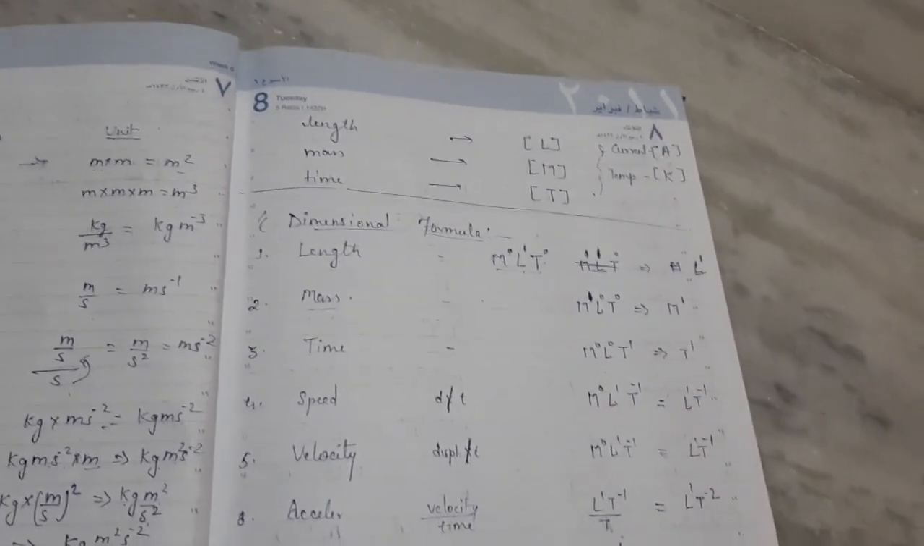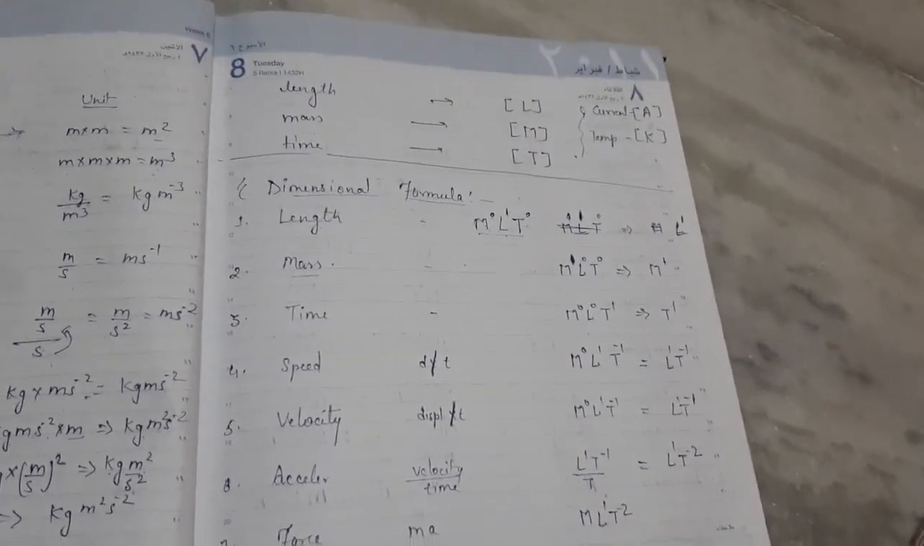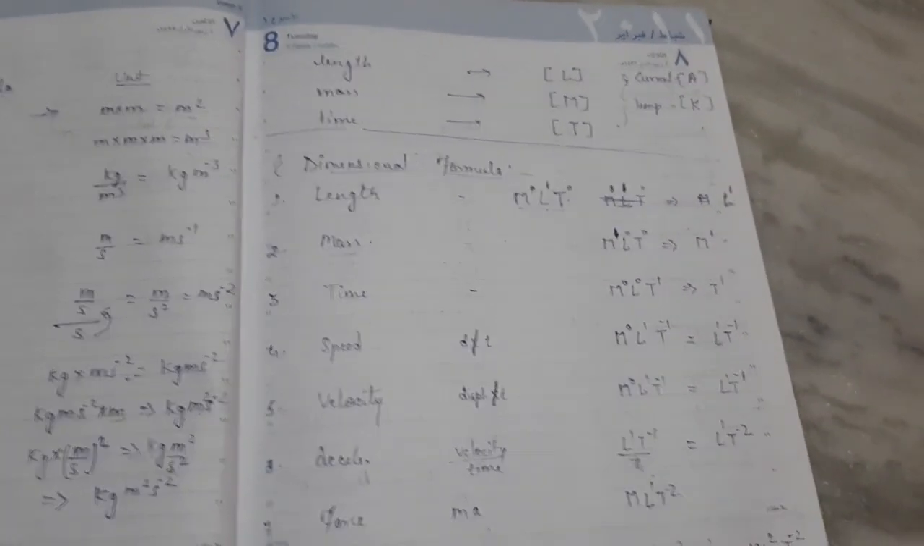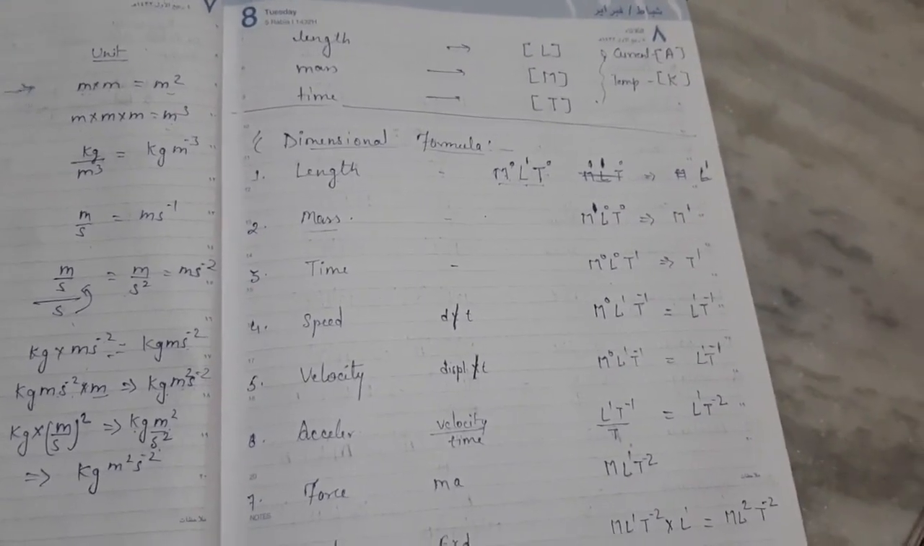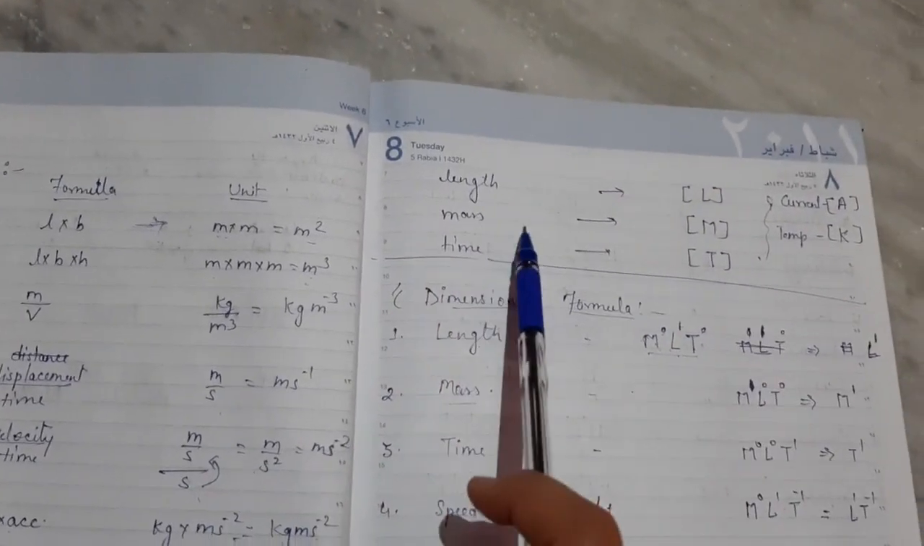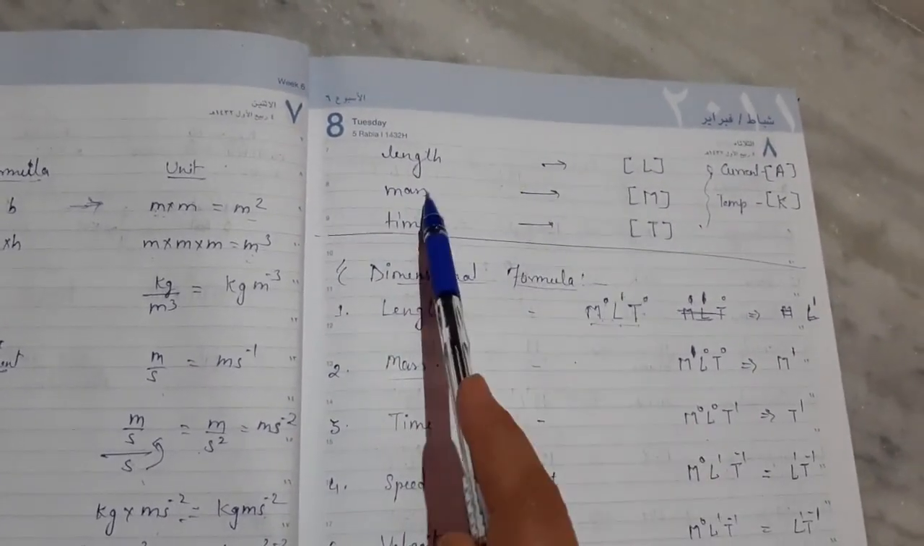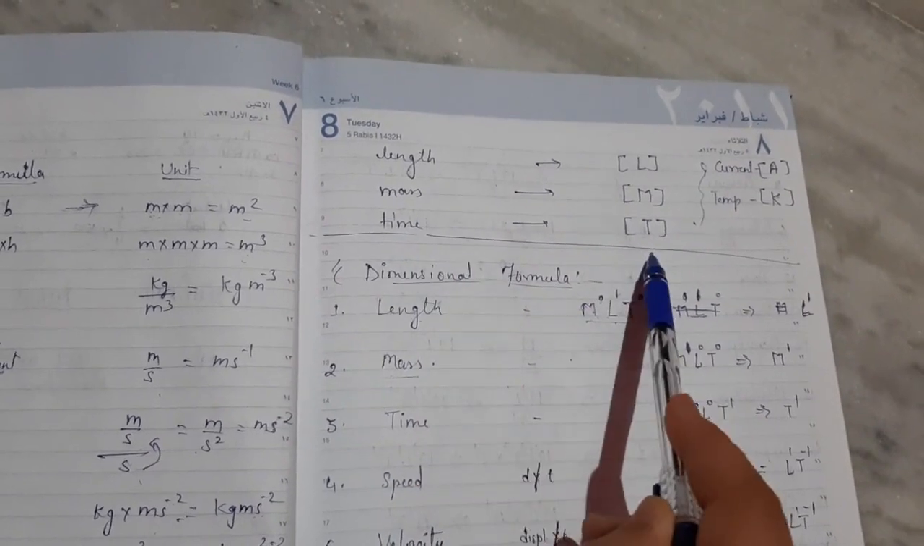In this lecture we will discuss how to make the dimensional formula of any physical quantity and the application of dimensional formula. So what are the dimensional formulas? Dimensional formulas are those formulas if we write the length like L, mass capital M, time capital T, then